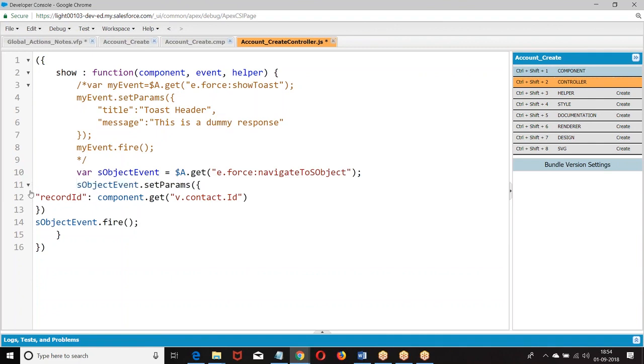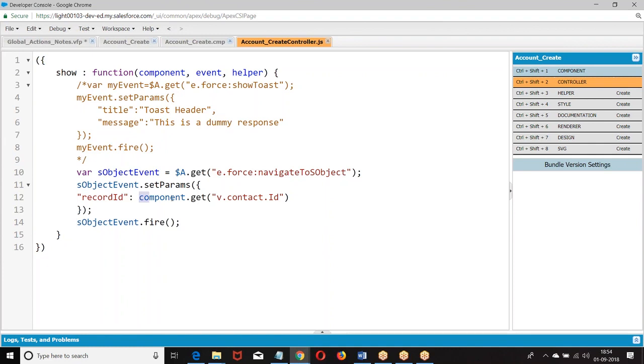The same story. I will give a static ID instead of a dynamic ID. This is what I created.